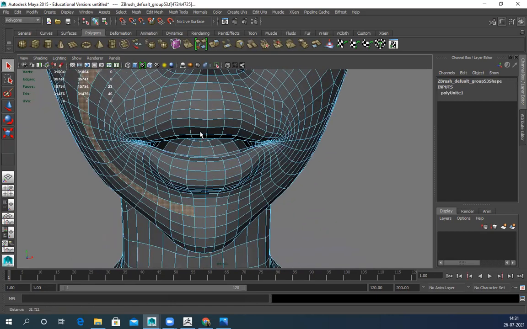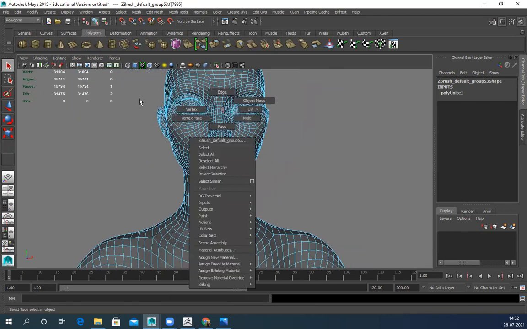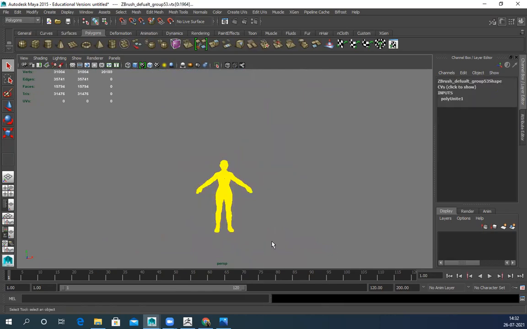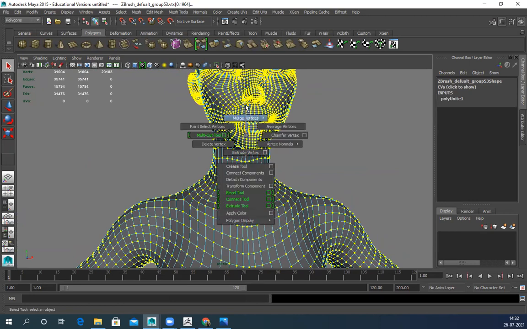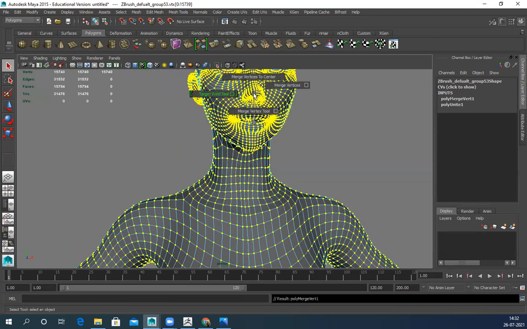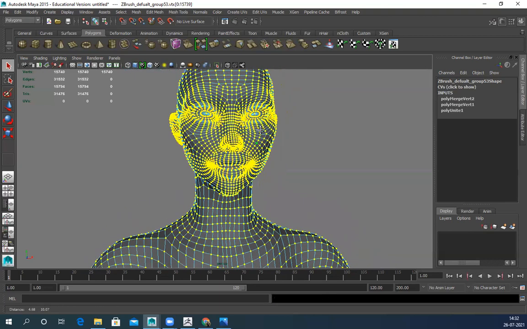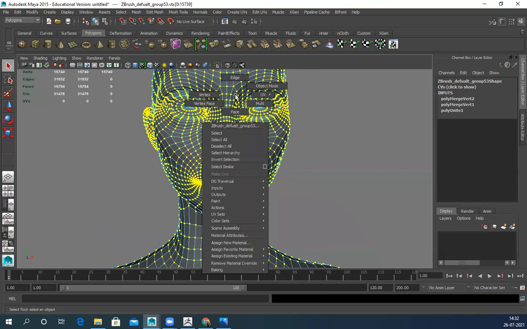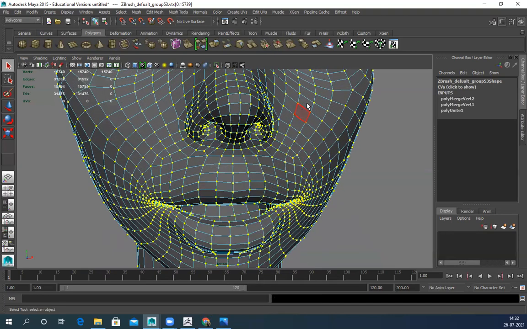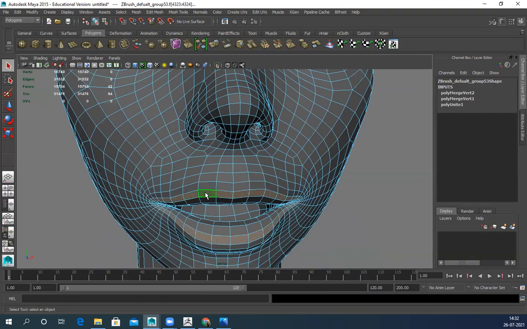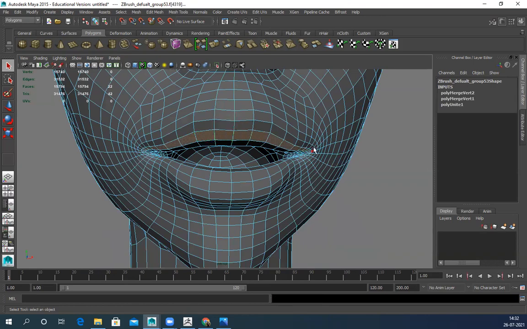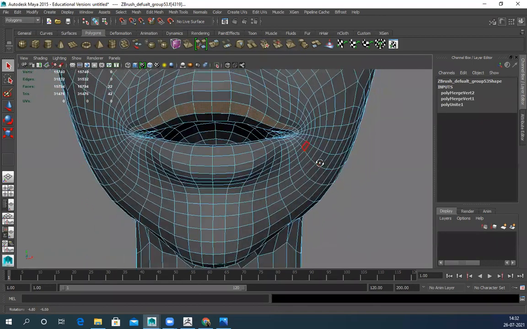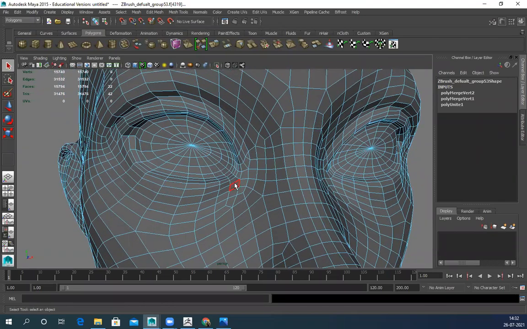I guess I could stitch it, weld it together, merge vertices. Yeah, see, perfect loop. So this one is not perfect, not accurate. I have to recreate the mouth area. I have to recreate the eye area, I believe.